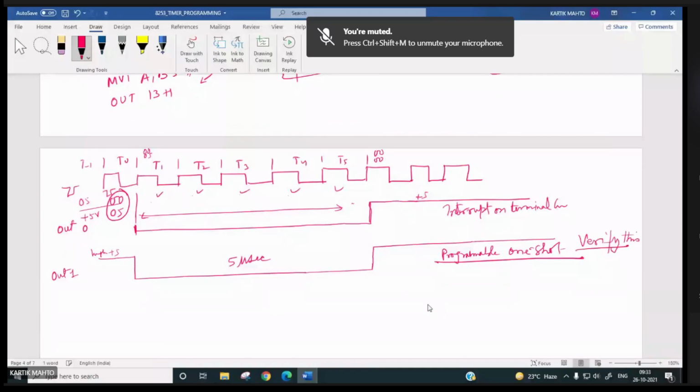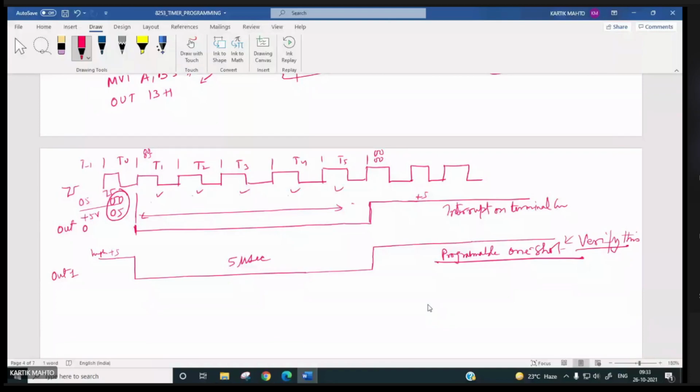Right. Next, out 2. The same clock pulse is applied. So what will happen? In this case, initially, say the output is plus 5 volt, right?